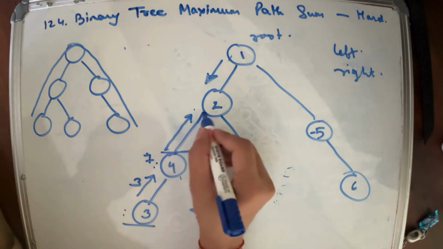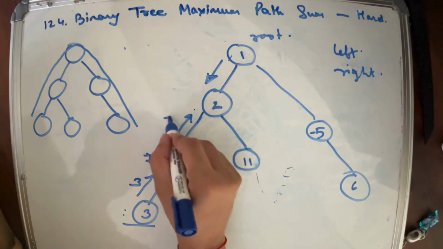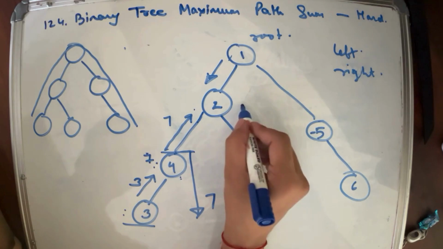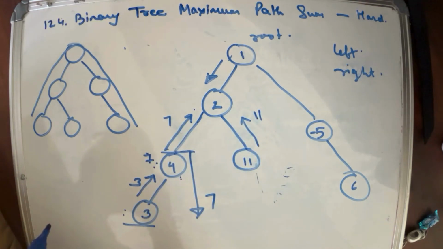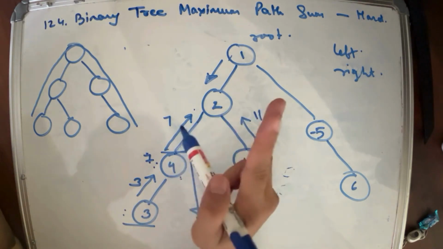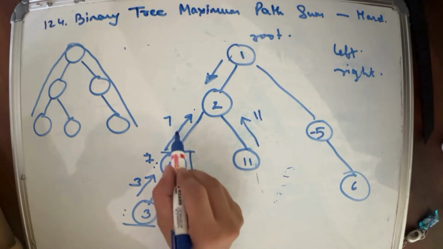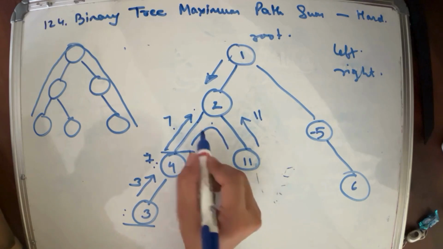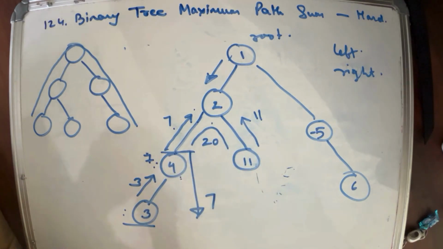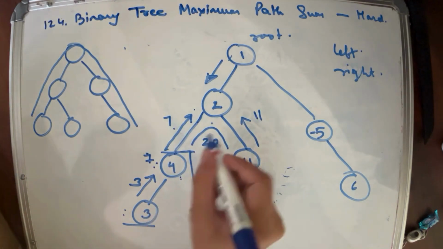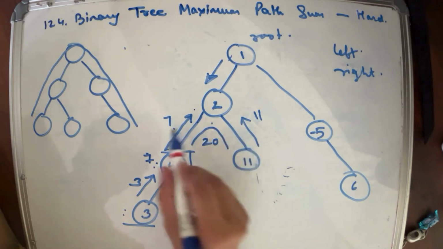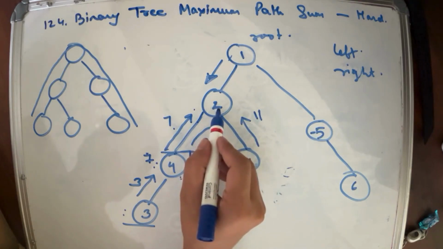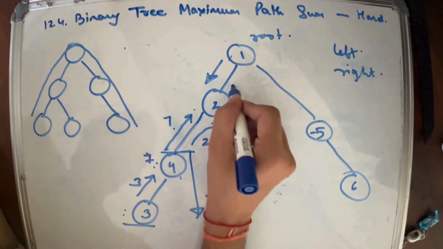Okay. Now we send 7 to 2. Okay. And we send 11 to 2 from the right. Now, two kinds of sum I told you, right? One would be 7 plus 2 plus 11, right? So this path is 20. The other thing is, we take the maximum of one child, add it to the root, and then send up. So this will be 13,